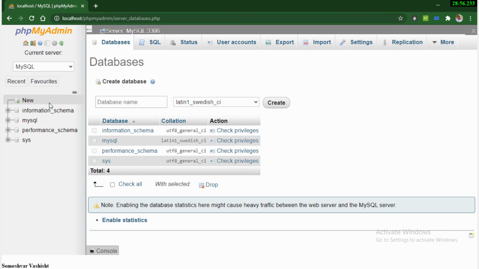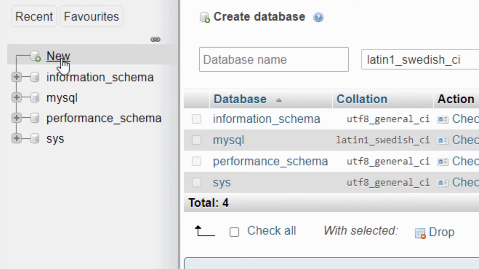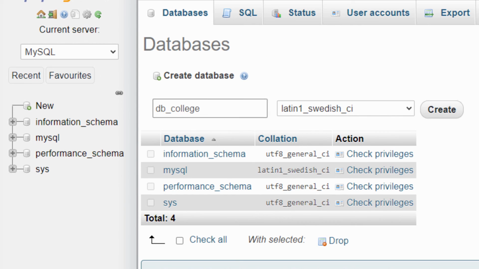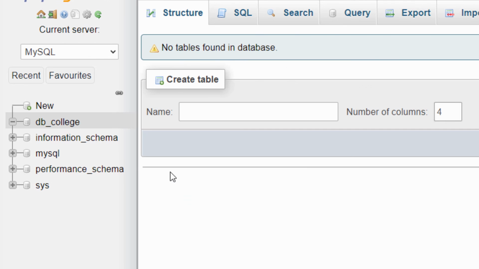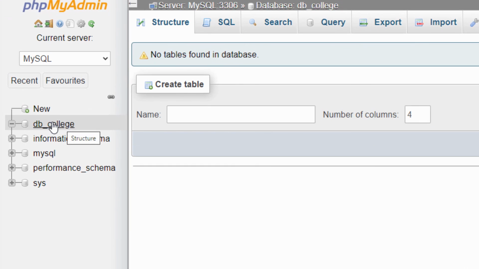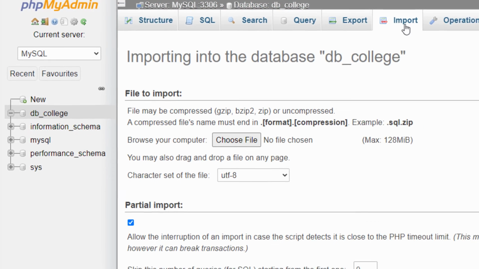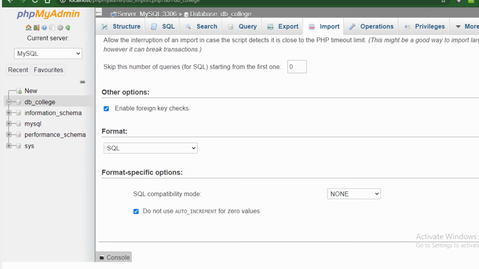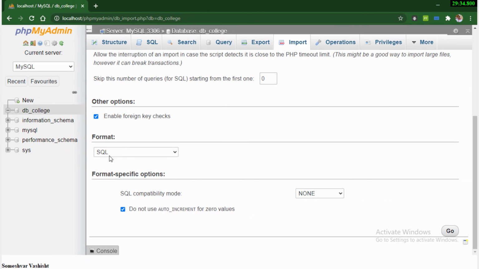Okay, so the first thing we need to do is create the database. So I'll create a database here, let's say DB college, or whatever name you want to give. Once you select this database, because you want to restore all the tables in this database, this database should be active, right? So you have to create the database here, then you can import. So click here and then import, choose file db college, and because it's an SQL file, it automatically chooses the SQL format, and click go,